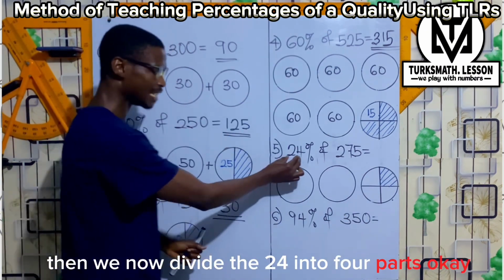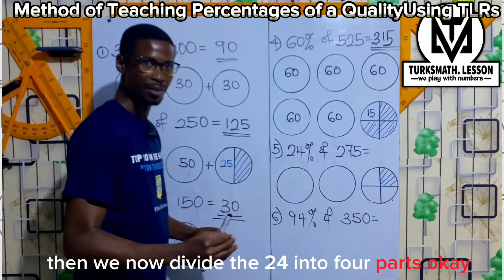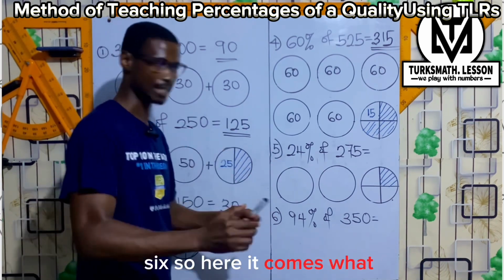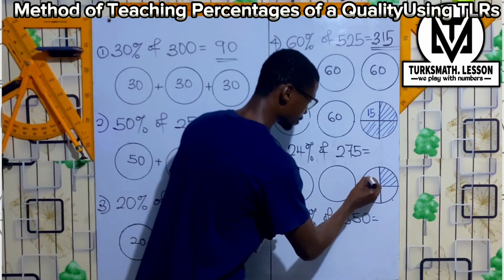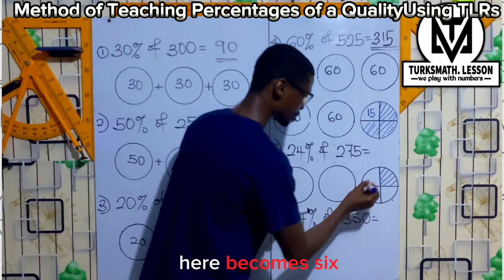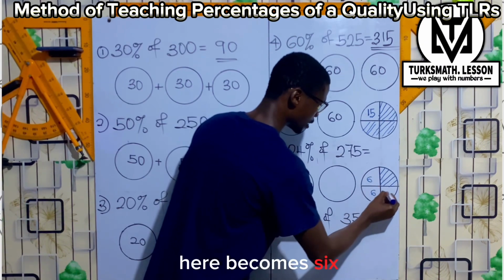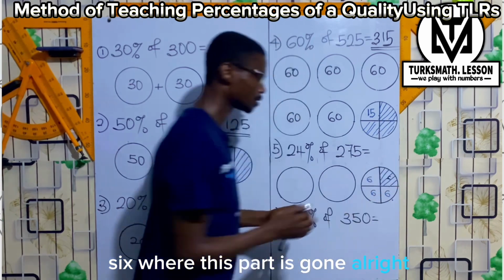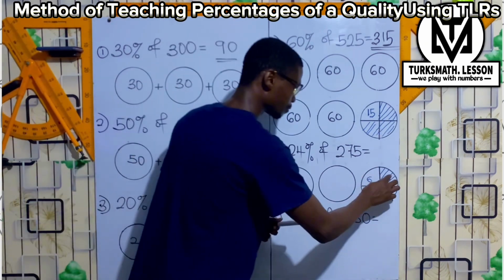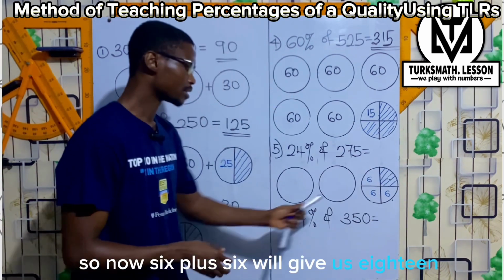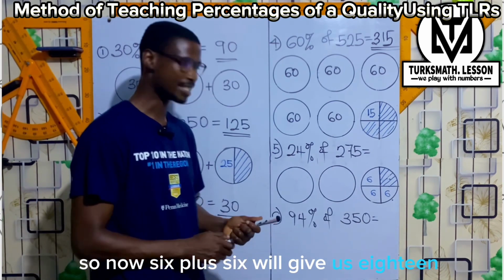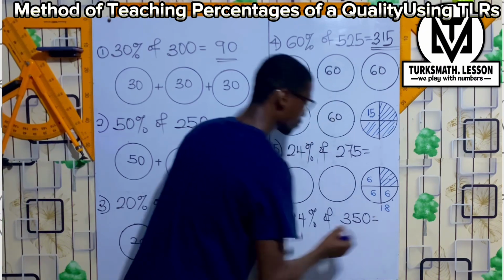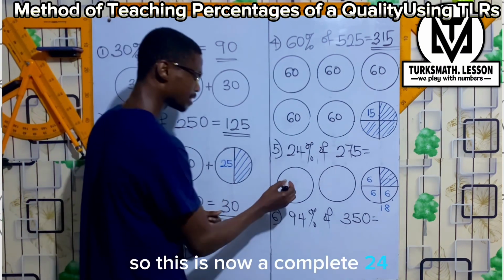Then we now divide the 24 into 4 parts. So 24, when you divide into 4 parts, we are going to get 6, 6, 6. So here becomes 6. Here becomes 6. Here becomes 6. But here also becomes 6, but this part is gone. So now, 6 plus 6 will give us 18. So this is now a complete 24